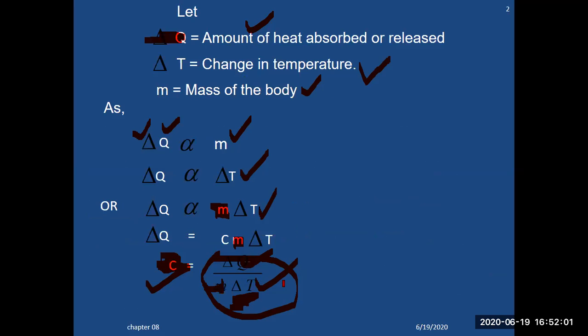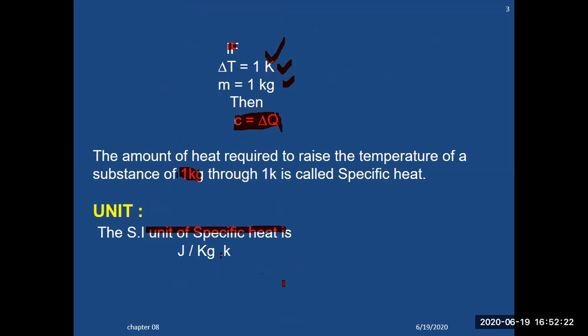And then we found out the amount of heat required to change the temperature. Del Q is directly proportional to M. Del Q is directly proportional to change in temperature. The amount of heat absorbed will be directly proportional to the mass times change in temperature. If the mass is kept constant, at that time we apply the formula, that is del Q is equal to m c del T, and then you have calculated the formula for specific heat.